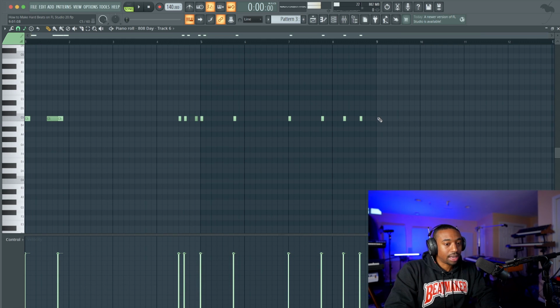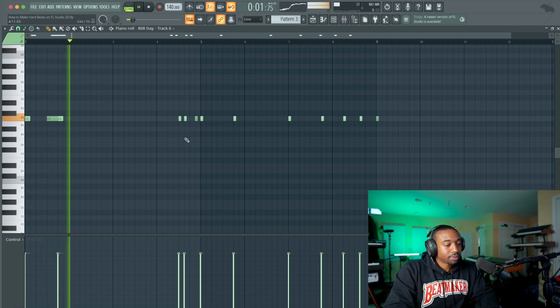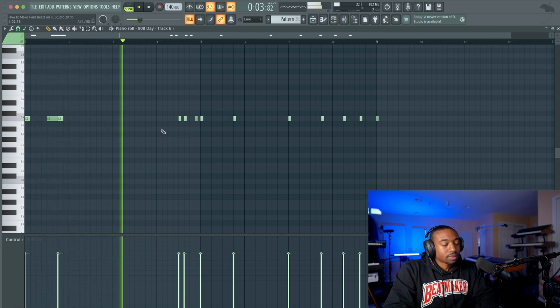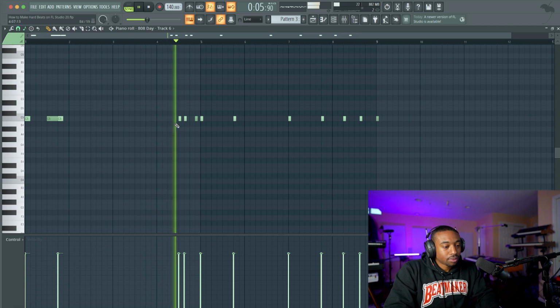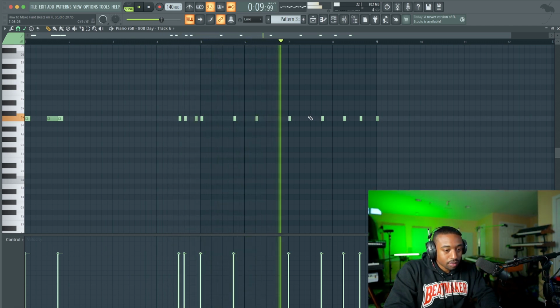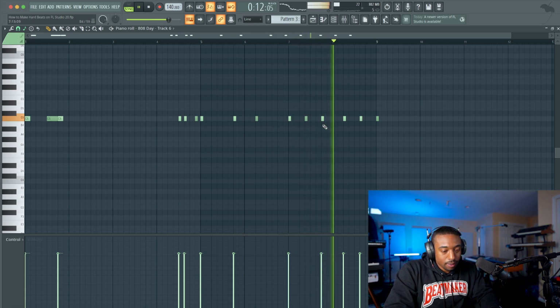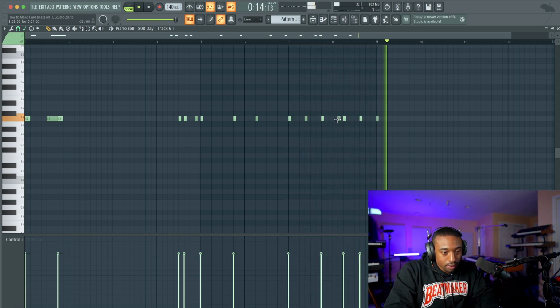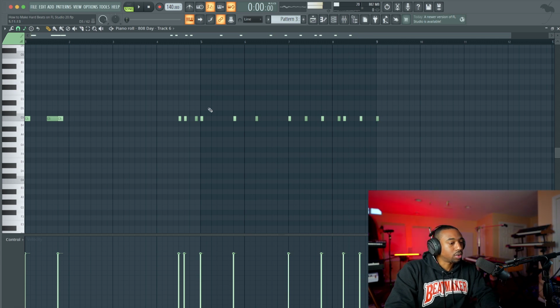You could also do it at the very end of your 808s so that the 808 doesn't just ring out. Okay, so that's how you control your 808s a little bit more.